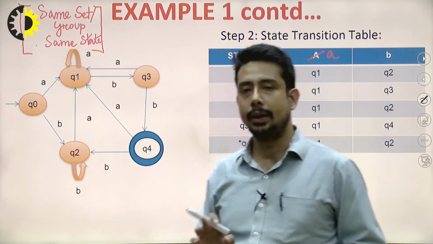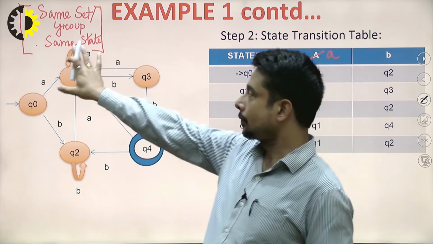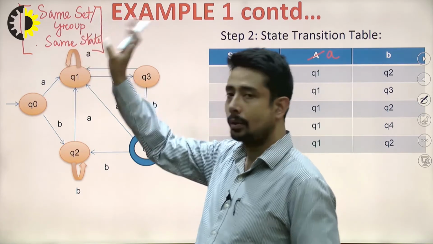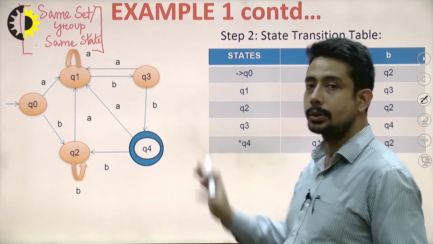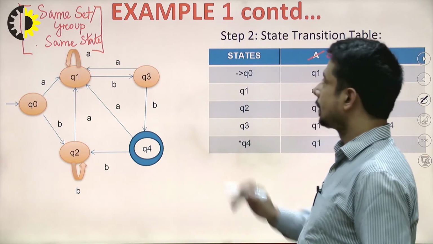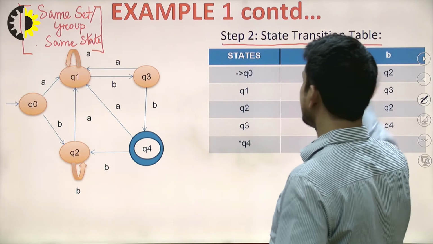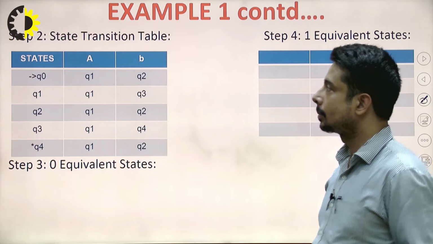Okay, why, I will let you know. As of now, you just try to note it down if you are noting it down. So note down these 2 points. We will be using these 2 points in this algorithm. Okay. Now step number 2 is done. The transition table has been taken. Come to step number 3.